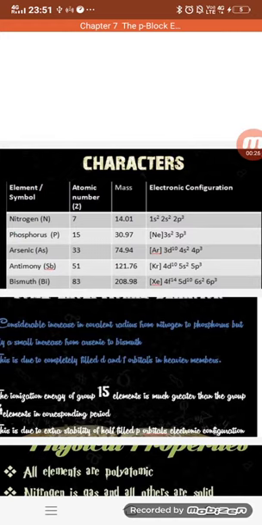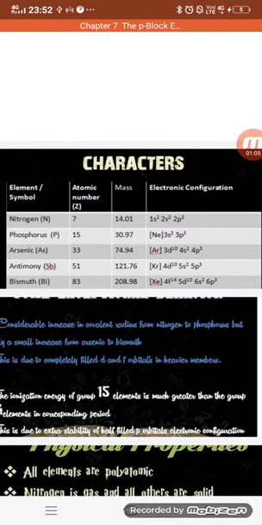If you see their electronic configuration, you will find that in nitrogen, the number of valence electrons in the outermost orbital is 3 and there are no d orbitals, because in the second shell d orbitals are not present. In all the elements you will find that the outermost electron has entered into the p block and the number of valence electrons is equal to 3 if we only see the unpaired electrons.